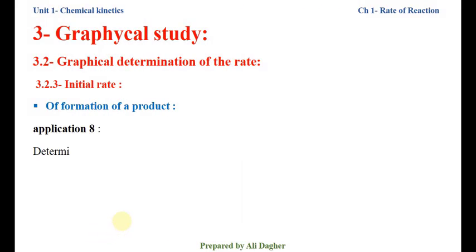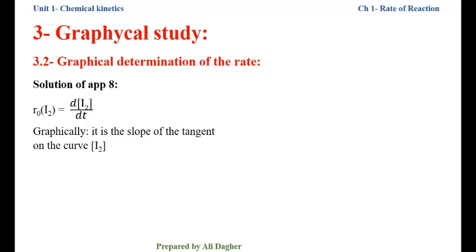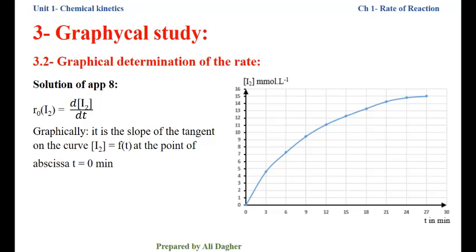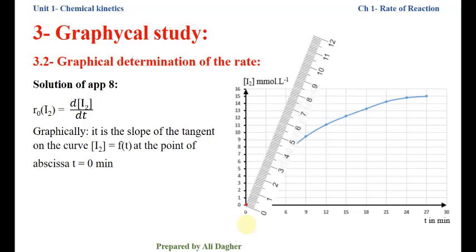Application 8. Determine the initial rate of formation of I2. We write the solution, we write the definition. Initial rate of I2 equals d[I2]/dt. Graphically, it is the slope of the tangent on the curve [I2] = f(t) at the point of abscissa t equals 0. On the graph, we draw the tangent at this point on the curve using the ruler,